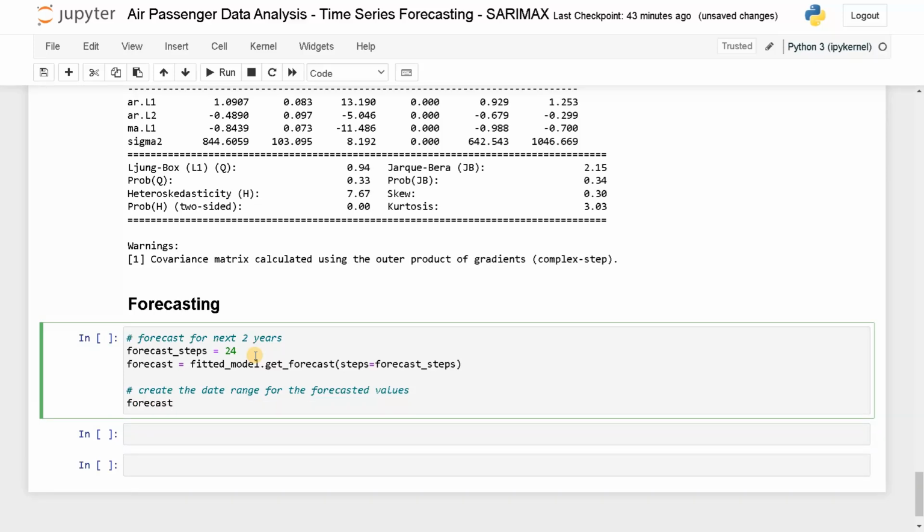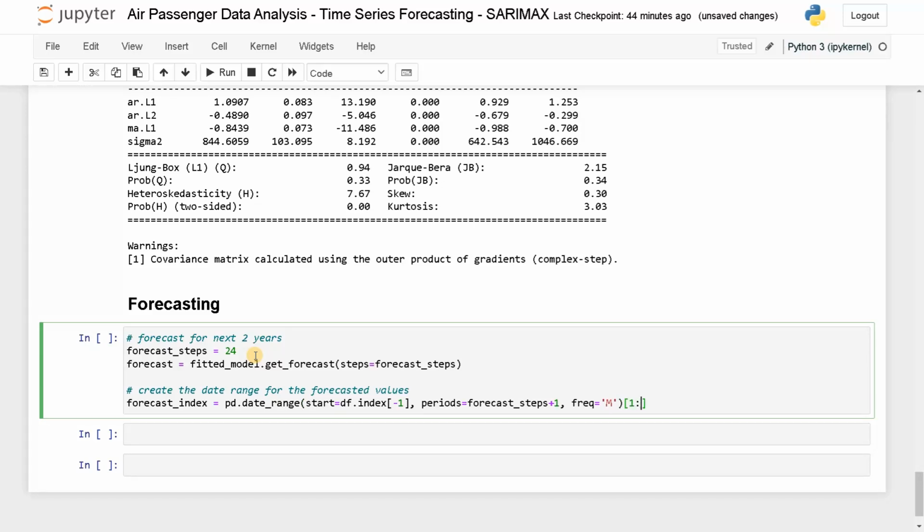So forecast index equals pd dot date range, start equals df dot index of -1, which is the last value in the training data, and periods equals forecast steps plus 1, and frequency, which is months,